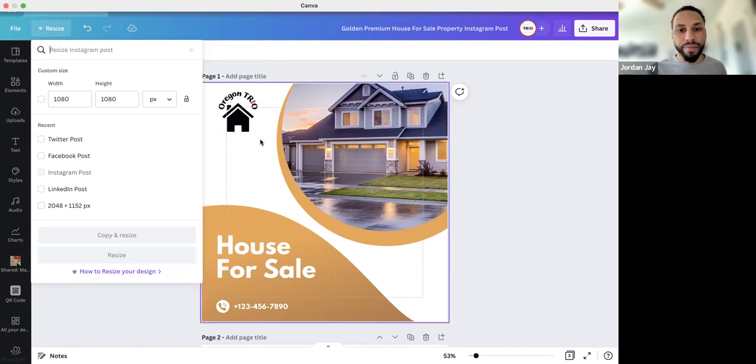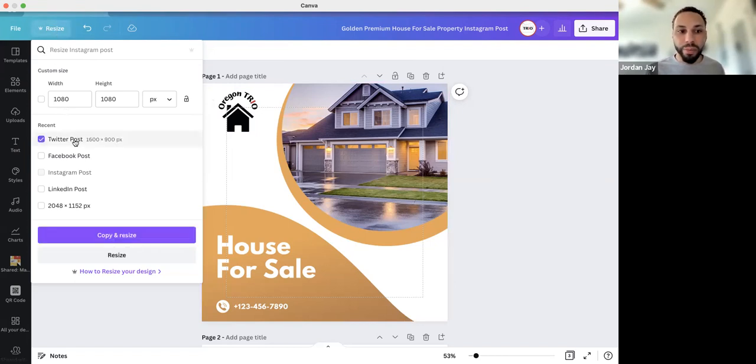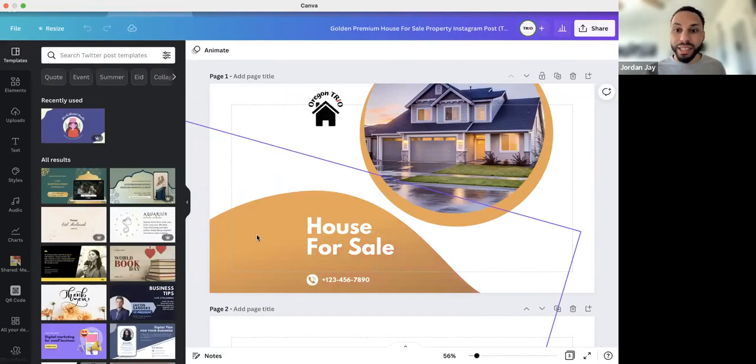or just copy it exactly but for Twitter, I could go to resize if I have the pro, click Twitter post, and click copy and resize. It will instantly make a Twitter size version of it.